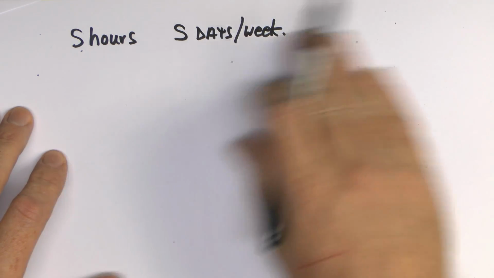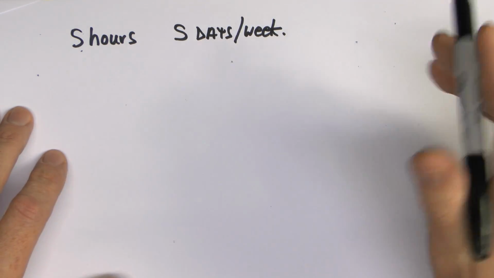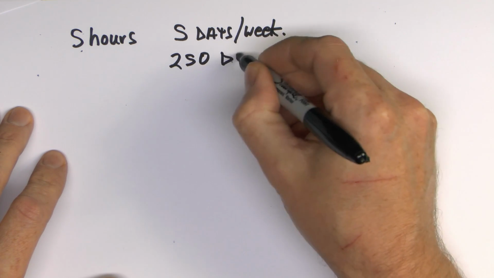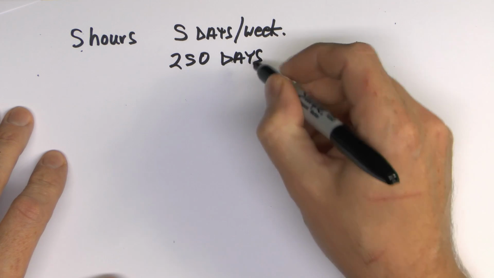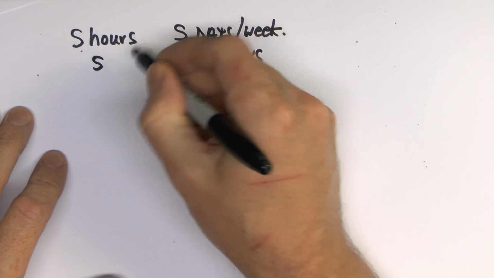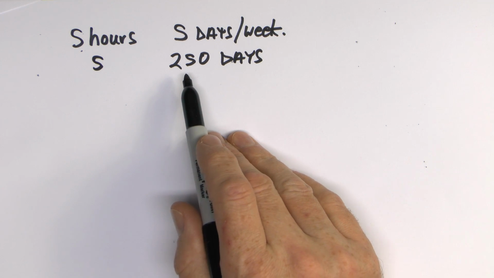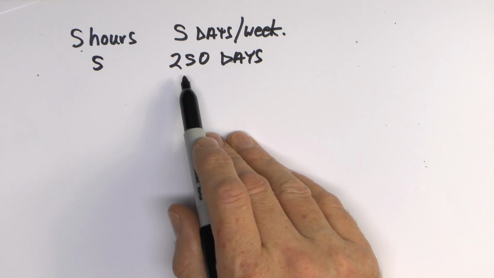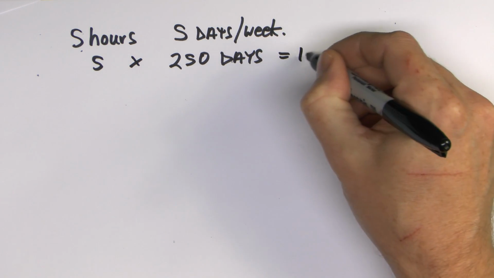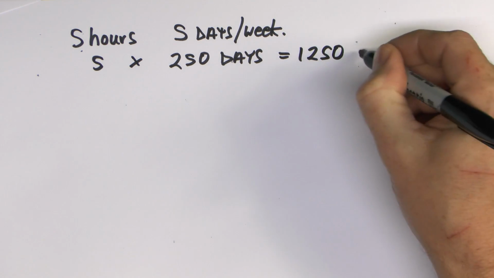5 days a week, we'll say there's 50 weeks a year just to make it an easy calculation, so 250 days, which is 50 weeks times 5, and it's going to be 5 hours per day, so the total number of hours per year is those two multiplied together. 5 times 250 days equals 1,250 hours